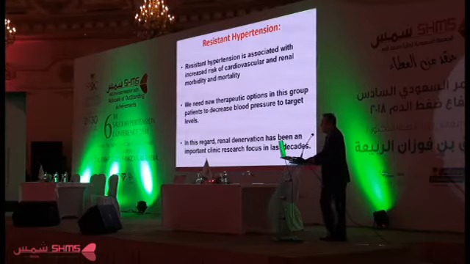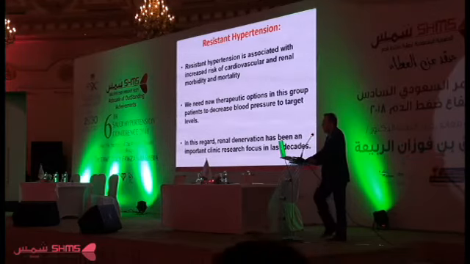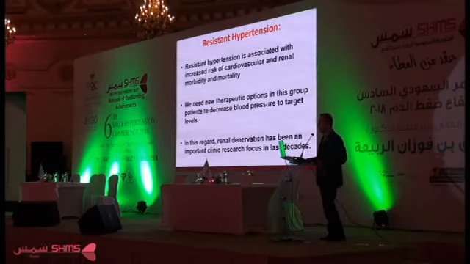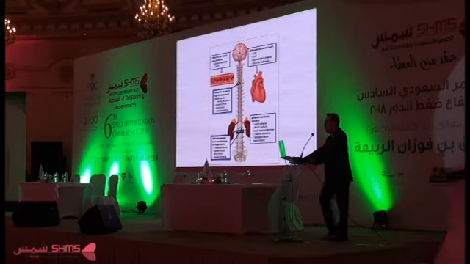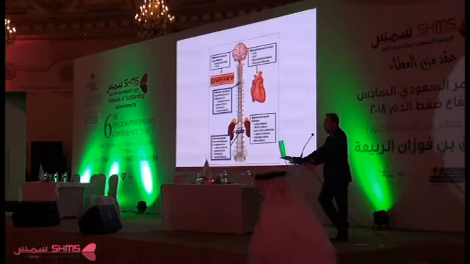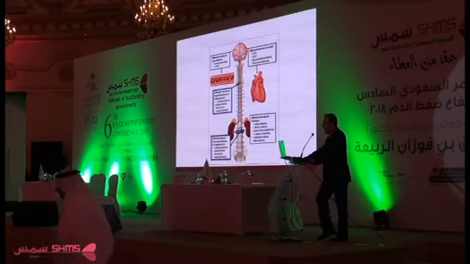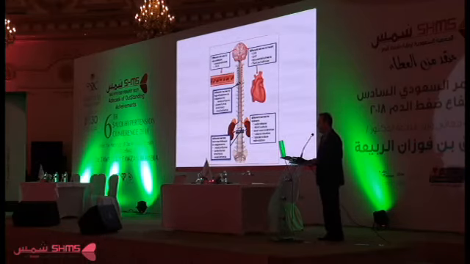Residual cardiovascular and renal risk is higher in patients with resistant hypertension, and we need new therapeutic options in this patient group to decrease blood pressure to target levels. In this regard, renal denervation has been an important clinical research focus in the last decades. When we look at the pathophysiology, both renal afferent and efferent signals play a key role in blood pressure regulation